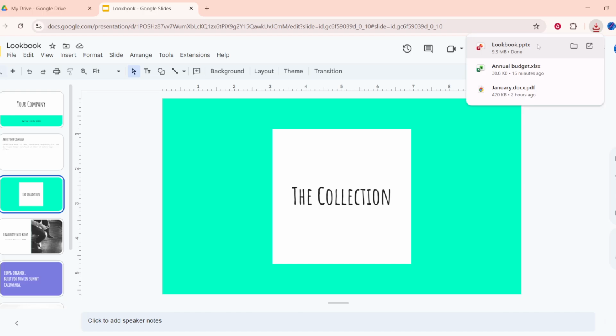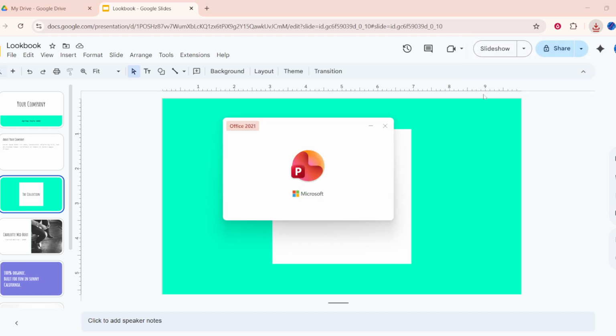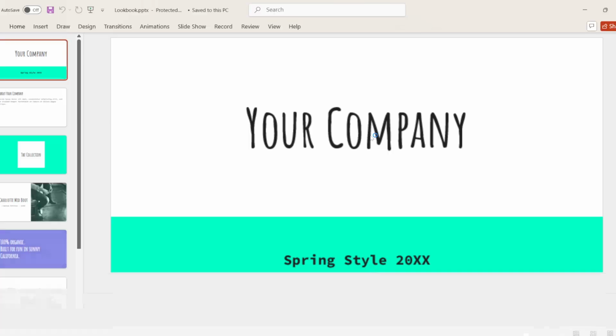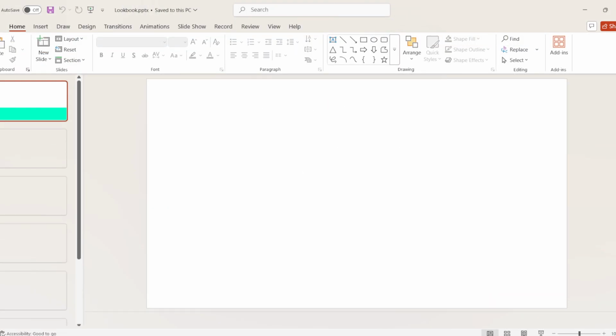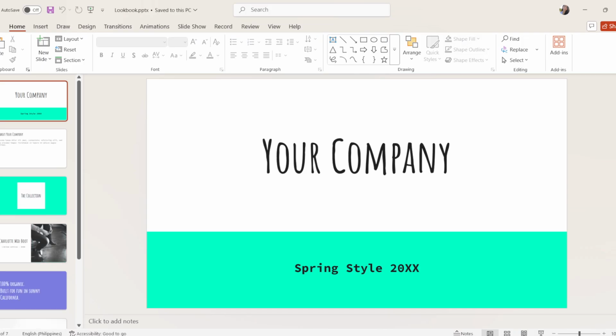When the download finishes, open the file using Microsoft PowerPoint. You can double-click the .pptx file or open PowerPoint first and browse to the file. If PowerPoint shows a security or protected view banner, select the option to enable editing so you can work with the slides. Take a quick look through your deck to confirm everything looks right. Most formatting, fonts, and animations carry over well, but if a font isn't installed on your computer, PowerPoint may substitute it. So choose commonly available fonts in Slides whenever possible. That's how you download Google Slides as a